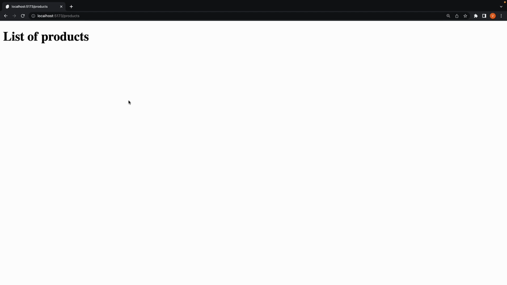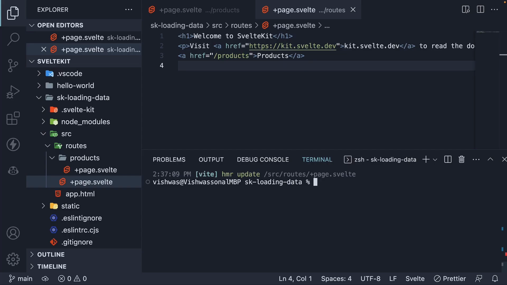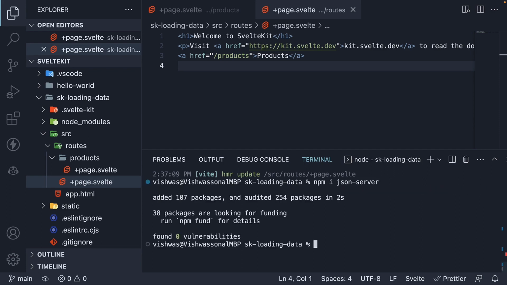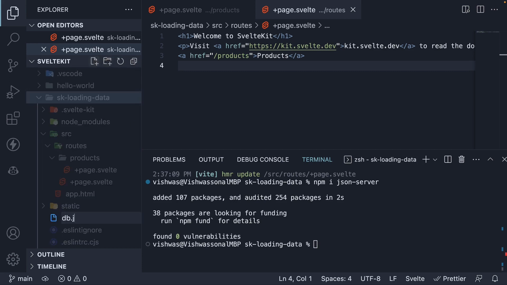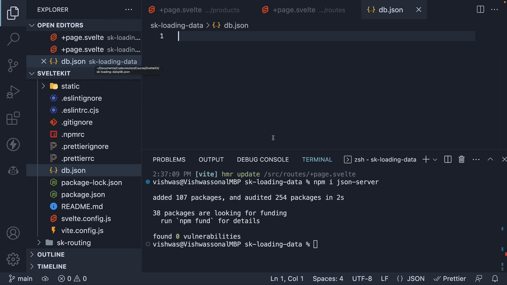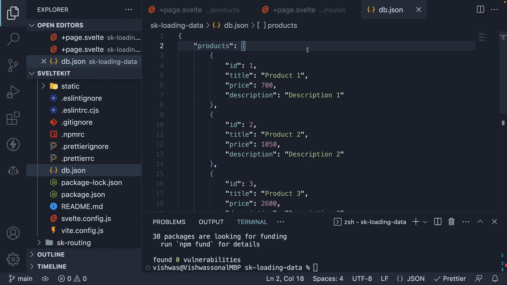So for the second part, we are going to set up a very simple products API in under 2 minutes. Begin by installing a package called JSON Server. npm install json-server. This package lets you create fake REST APIs with zero config. Next, within the sk-loading-data folder, I'm going to create a new file called db.json. Within this file, I'm going to copy-paste an array of product data. There are 3 products in total, and each product has an ID, title, price, and